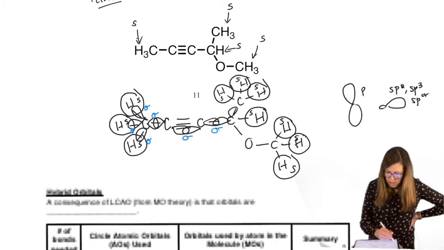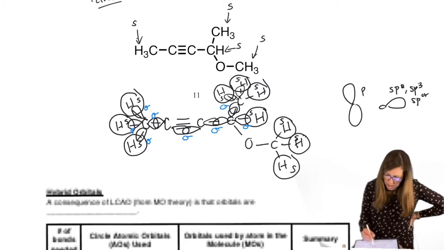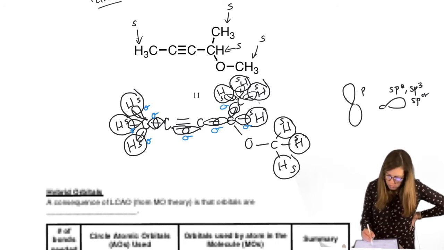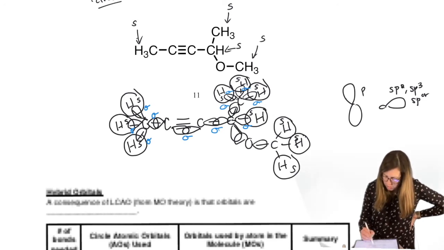Balloon. Oops, I didn't let it overlap. Shame on me. Here we go. Overlap. Overlap. Label sigma, sigma, sigma. And all these H's have... getting there, right? This is a beast of one. And oxygen needs a hybrid orbital as well. It has lone pairs too. We could draw those in. Label our sigma bonds.